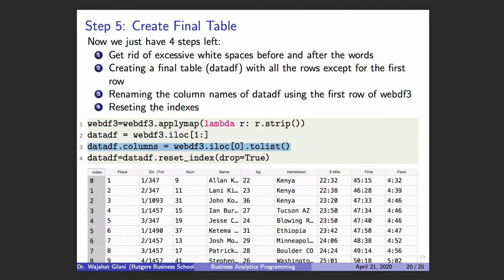All right, what else do we want to do? We want to reset the indexes. How do we reset the index? Well, we know how to reset the index. We always reset the index using reset index. But now I'm going to introduce a new parameter called drop equals true. Why do I introduce this parameter? Because if you remember, what does reset_index do? Reset_index takes the existing index